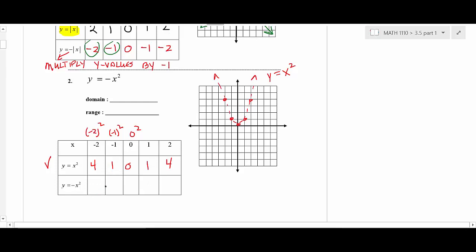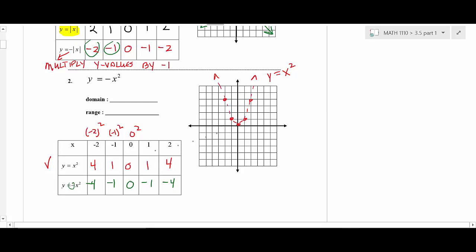Same thing that happened in the last row. You're really multiplying everything by -1. All the y's change, so that's going to be -4, -1. That's still 0. That's -1. That's -4. Now, if I go through and plot these points, it looks like what I have is